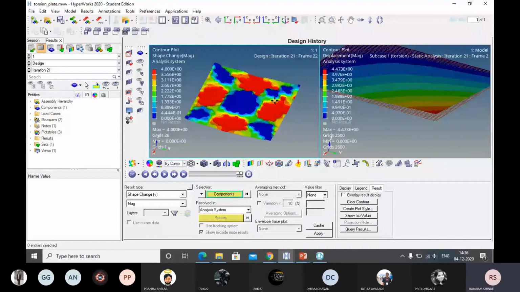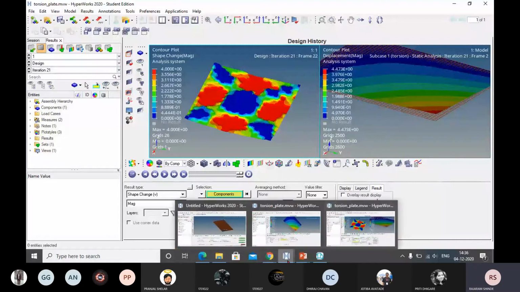So there should be uniformity in your component. How can we get the uniformity in the component? That I will show you. Okay, now you see here, for getting the uniformity or for making the manufacturable component, you have to generate or control some parameters. What are those parameters? I will show you.